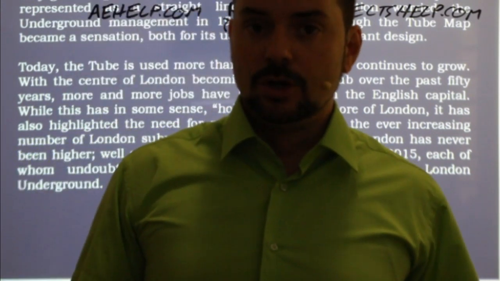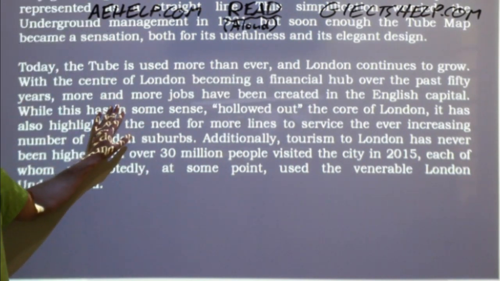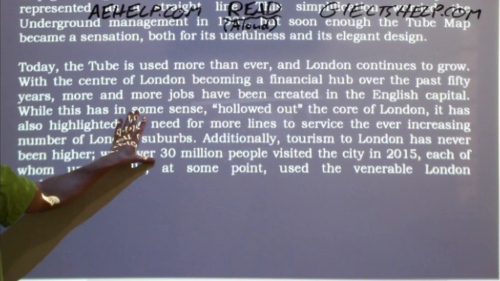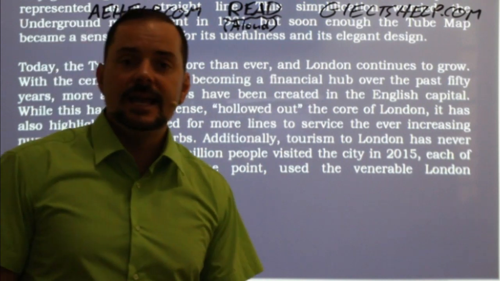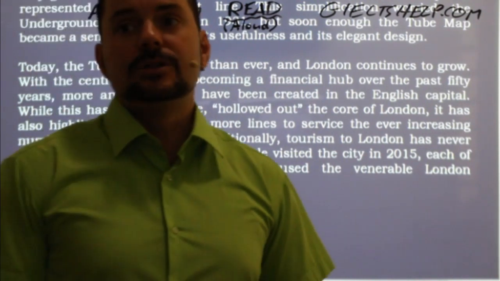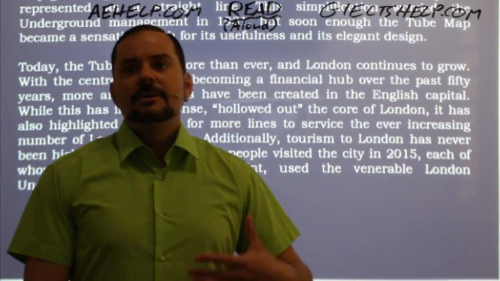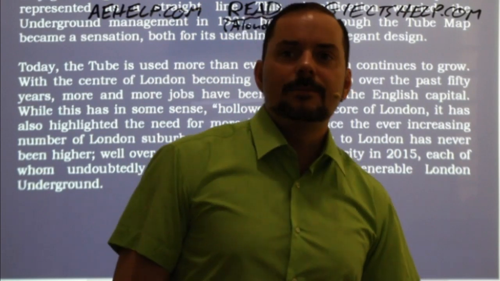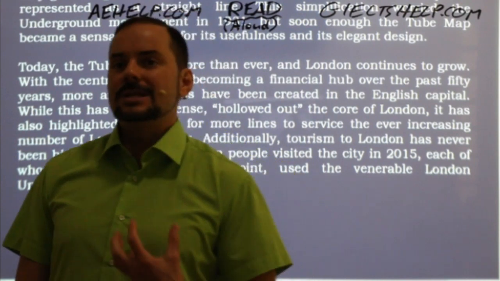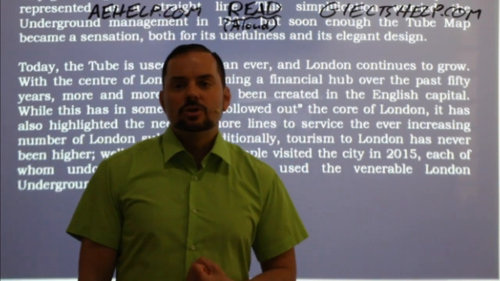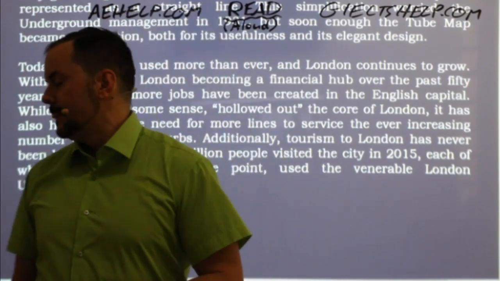So this is the conclusion. Clearly, it's the conclusion. It tells us the overall use and utility of the London Tube and gives an example of how much it's used today and a picture of what it might be in the future. Hemant Sharma says it's the financial hub. More lines are needed towards the suburbs, and tourists use this transportation system. Odina says it's the recent development in the usage of the tube and its continued value for London. Very good. Excellent job, students.